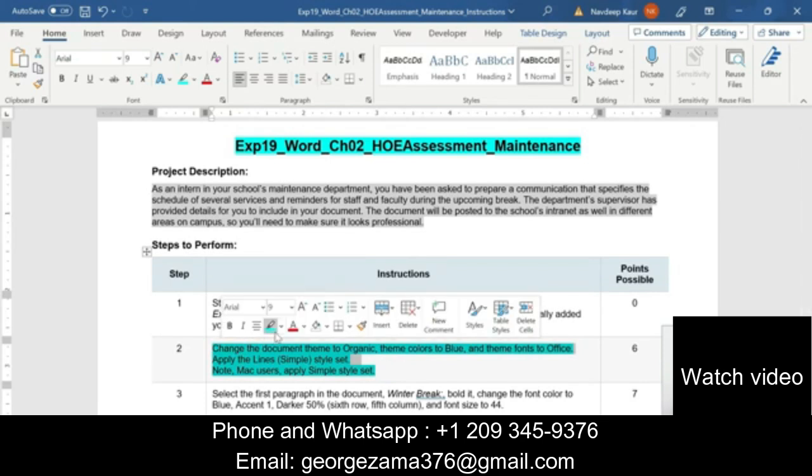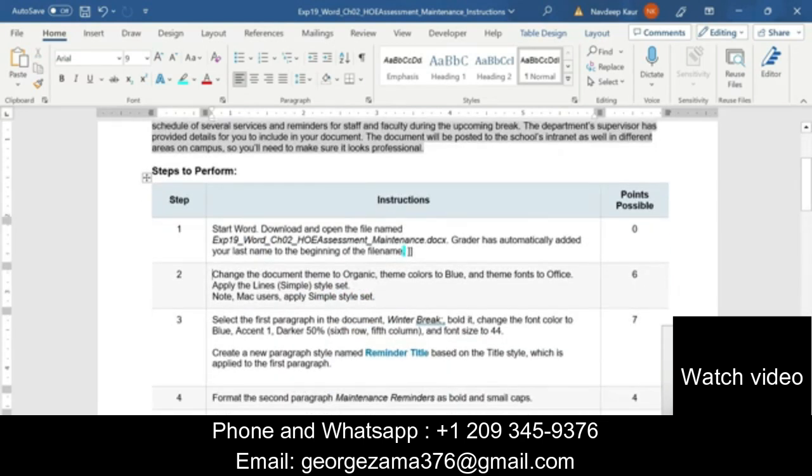We have completed this step and now we're going to do step number 3. Step number 3 is to select the first paragraph in the document, Winter Break. Bold it. Change the font color to Blue, Accent 1, Darker 50% and the font size to 44.